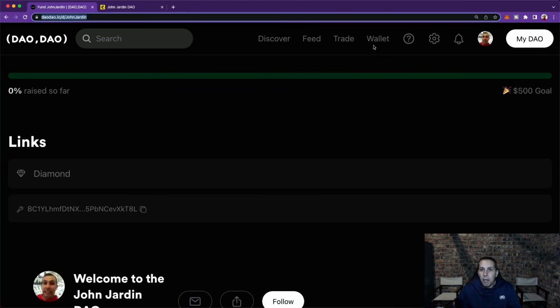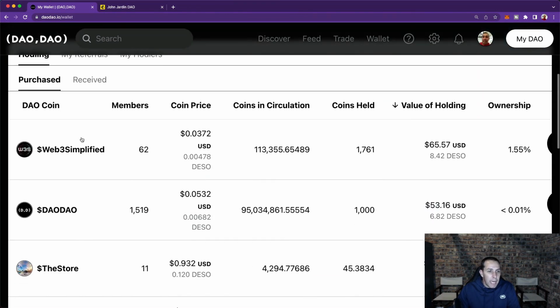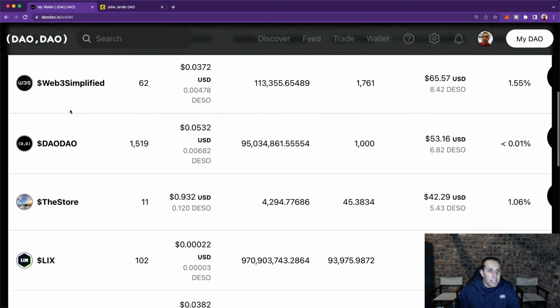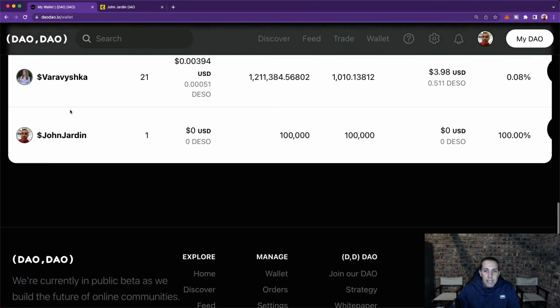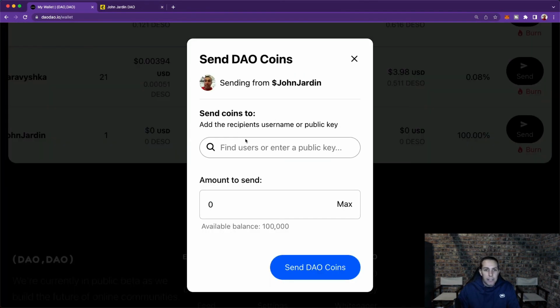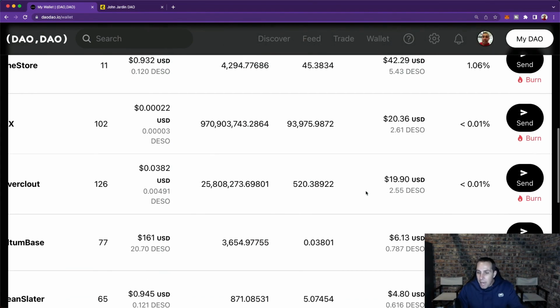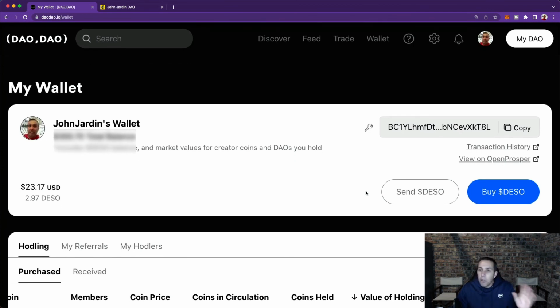It's so fantastic. Even if I go to wallet, if you ask yourself, John, how are you going to send funds to everyone? Well, I can show you in real time, but for those who need to jump off, because we're reaching the end of our session, all you do is click on your wallet over here, and you can see here's John Jardin's wallet, and here's all the DAO coins that I hold. And here at the bottom, here's my John Jardin coins. And at the end of a year, I can send coins. So I can choose people, and I can choose the amount of coins that I want to send to them. And for every one of you today who joins my DAO, I'll be sending you 50 coins each, which is the amount of coins I want to send to anyone who attends my webinar.